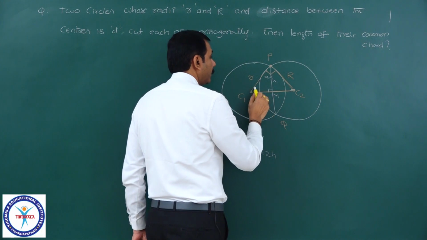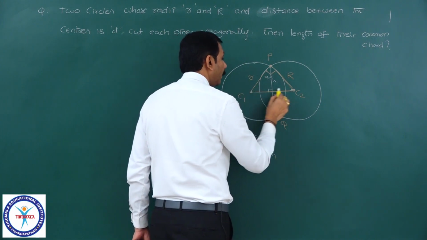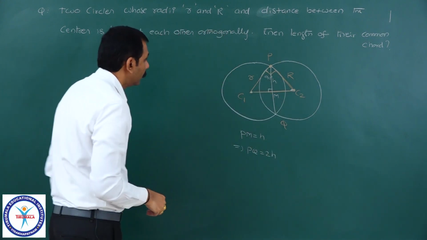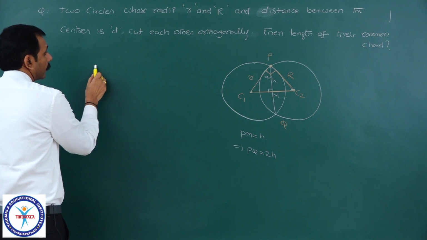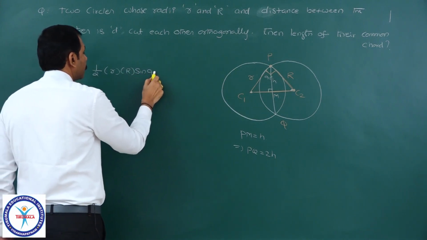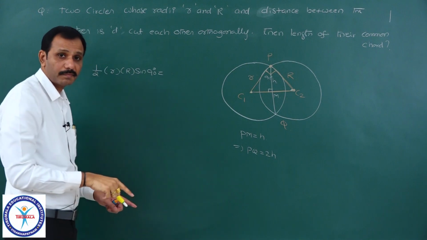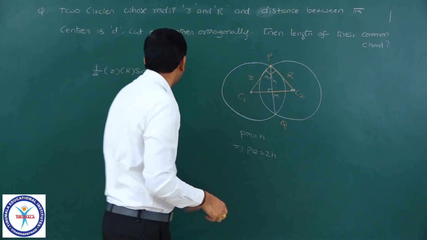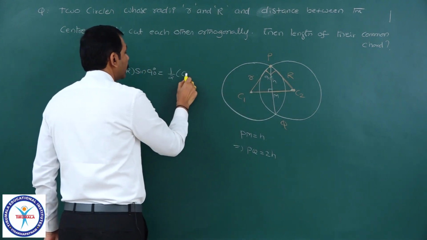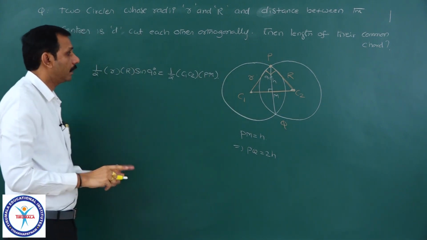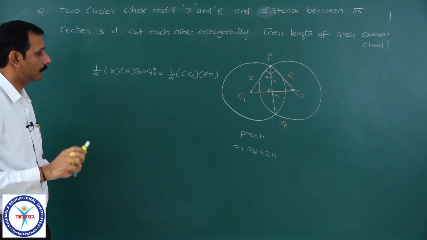Because here it is 90 degrees means I can say that area is equal to half into base C1 C2, height is nothing but PM. Therefore, now you see area of the triangle means half into r into capital R into sine of angle between them means 90 degrees is equal to area only. I will calculate now this as a base and height is equal to PM. Half into base means C1 C2 into height means it is PM. Hope you understood this one. If you are able to understand this one, completed, that's all.